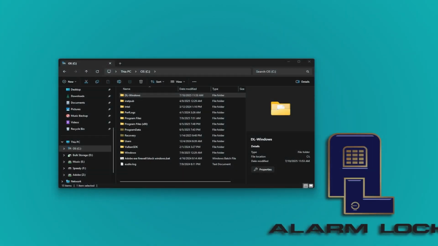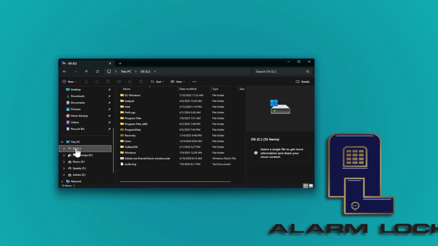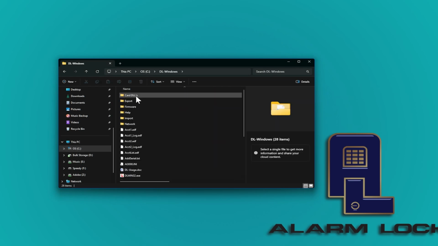Finally, let's talk about the old versions of DL Windows. In DL Windows 4 and 3, we didn't use SQL, so the rules are a bit different. Instead, you will have a DL Windows folder located at the root of your C drive, and in that folder, you will find your account.adf,